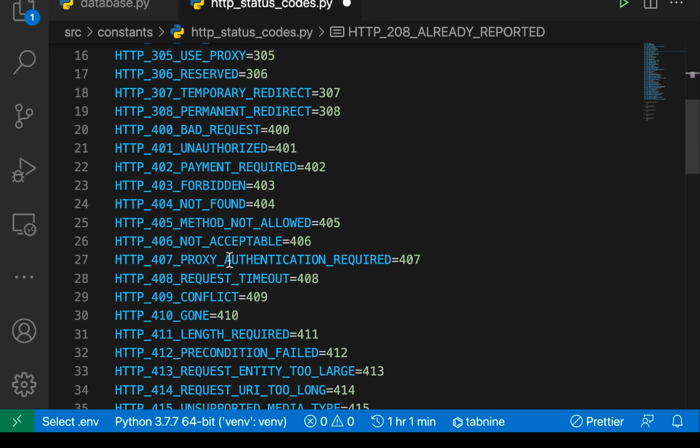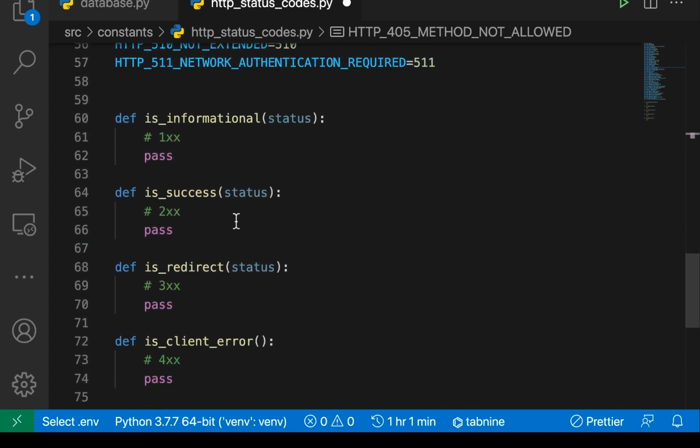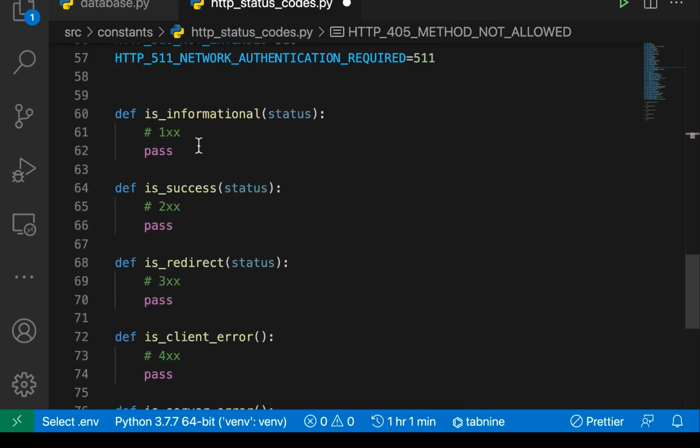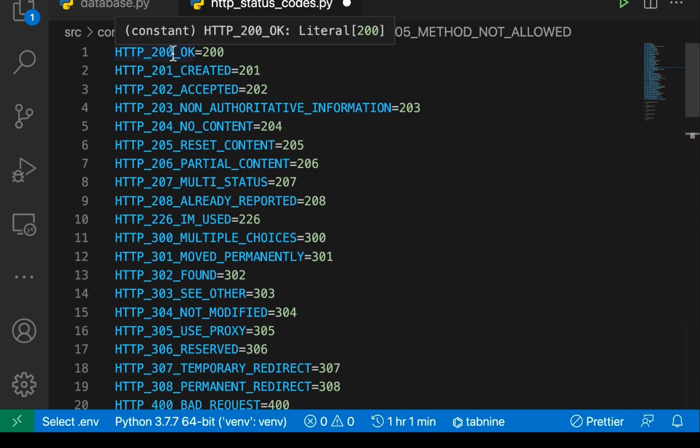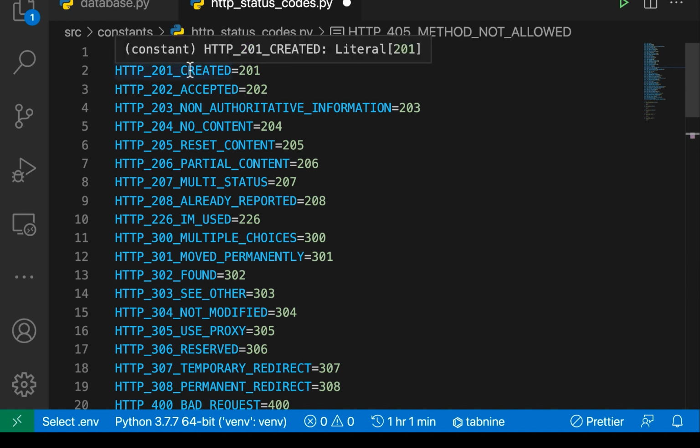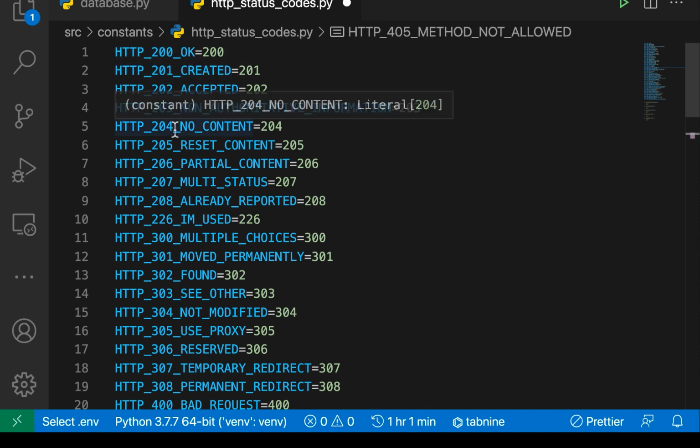Now you can differentiate when to use this or when to send this by looking at what you're doing. On a server, if what we want to send back to the client is something informational, you will want to use some of the status codes that start with 1. If we want to notify that something was successful, we want to use ones that start with 2. For example, here you can see that if it's just a mere okay, we just send a 200. If something was saved, we use a 201. If there's nothing to send back to the client, we send a 204,